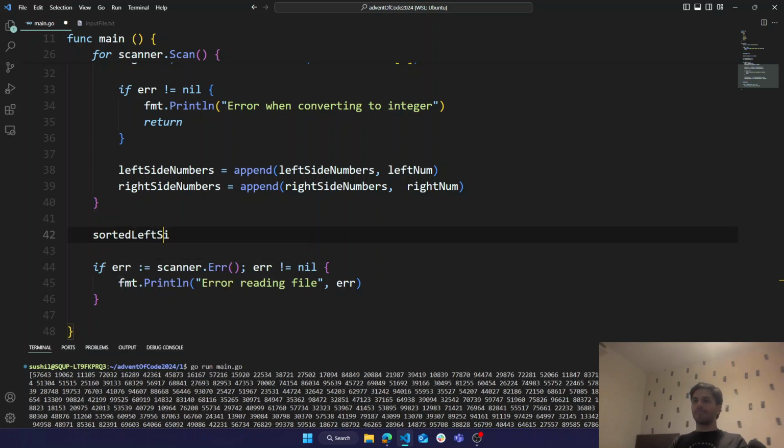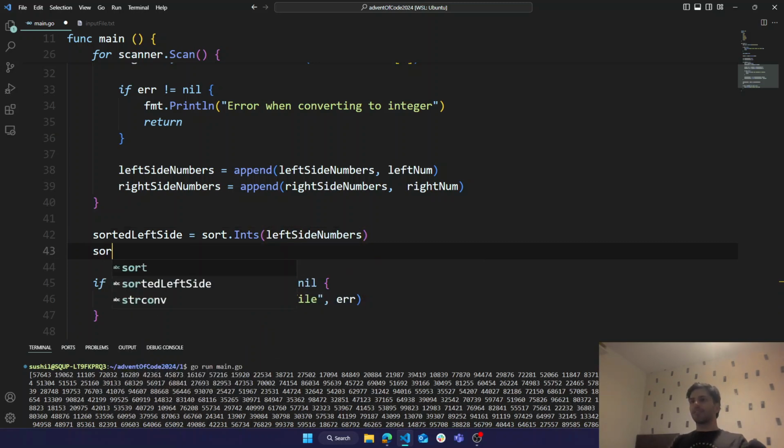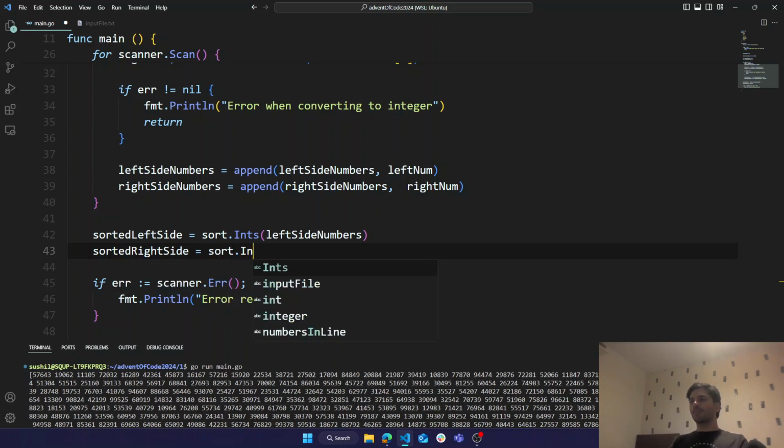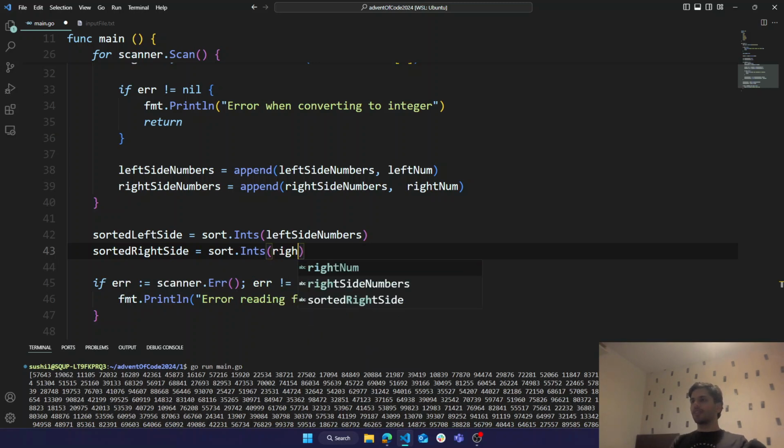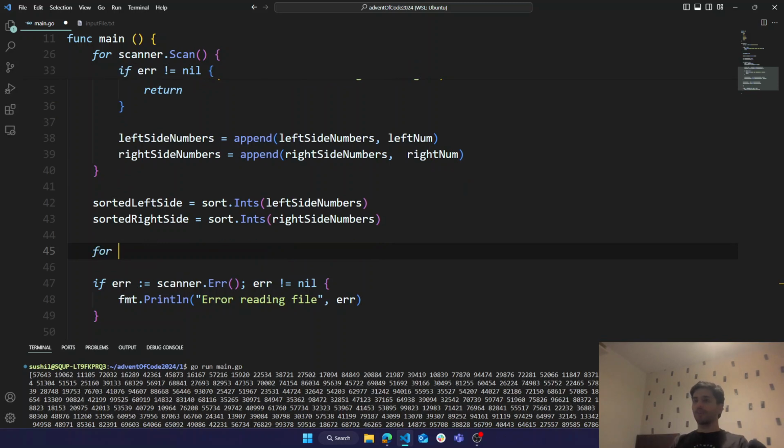Sorted left side, and what I'm going to say is sorted left side is just going to be sort.Ints of the left side numbers. So sorted right side, same thing, and then right side numbers. So both of them are sorted, so I can just go for index, value, it doesn't even matter, in the range of, no,